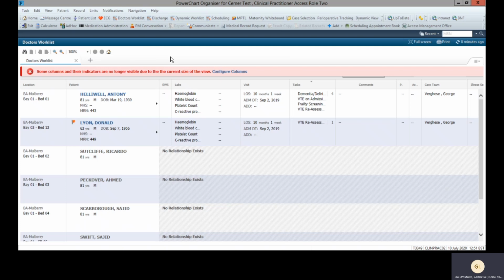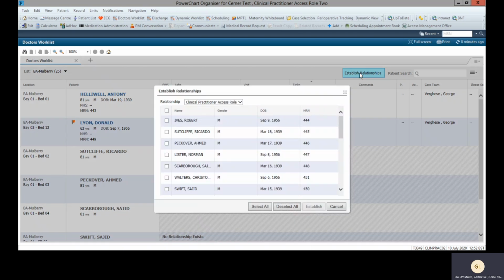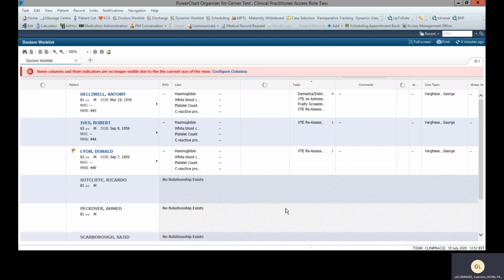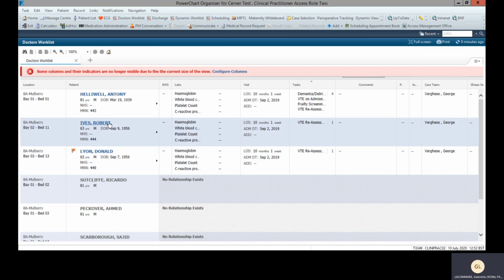If you have another patient to assign to yourself, you would come here, remove the red banner, and go to Establish Relationships. In other words, assign yourselves to this patient or vice versa. Robert Ives, for instance, is your new patient. You would tick that box and establish. And now you can view Robert Ives with all the relevant information, the lab results, the visit details, and here